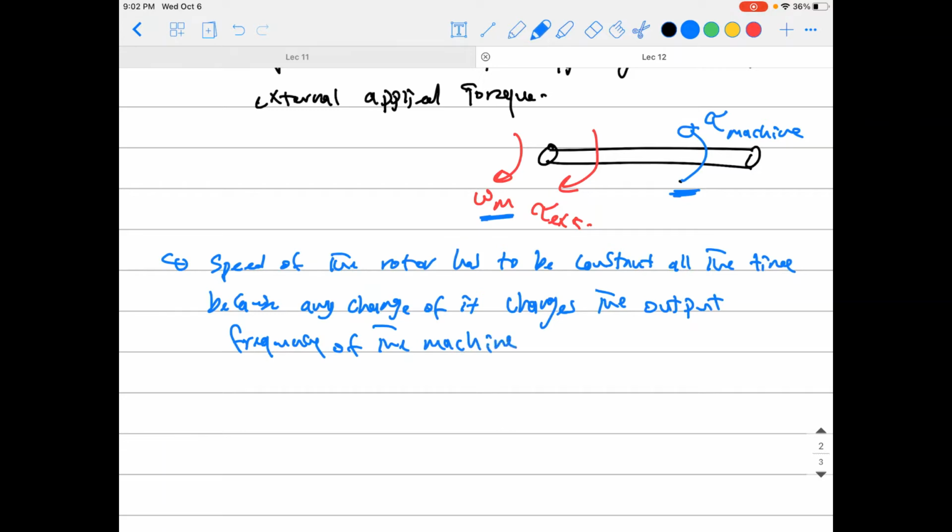Remember, it's a synchronous machine. NS equals 120 F over P. So any change you have in the speed of the machine will directly impact the frequency, and we cannot let